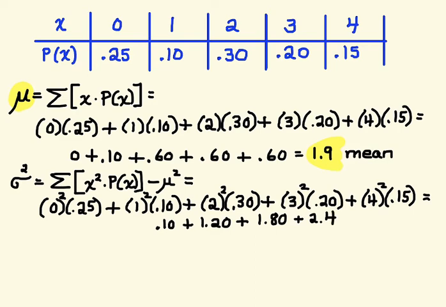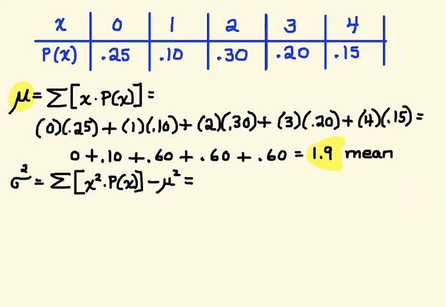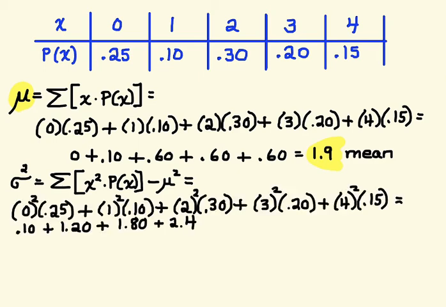So let's add these up. Let me move this over to the left. One of the reasons I'm moving this over is because I need to put in the square of the mean. I did not put it in, so let me put that in there. Over here, I have to remember to subtract the square of the mean. I think I said standard deviation, but it's the square of the mean. And of course, with this whole calculation here, I have to subtract the square of the mean. That's 1.9